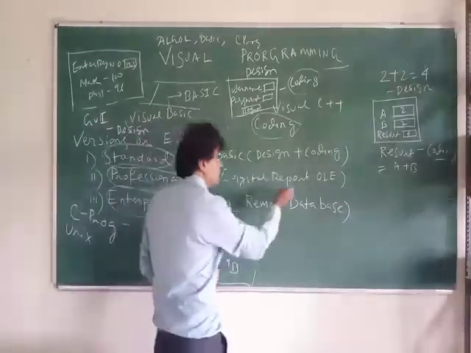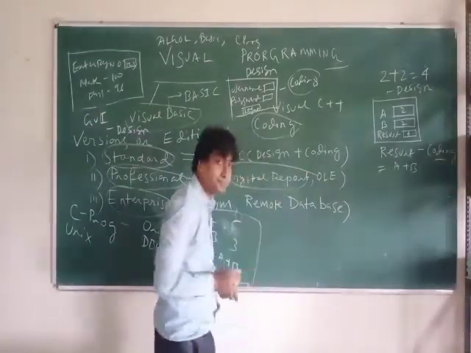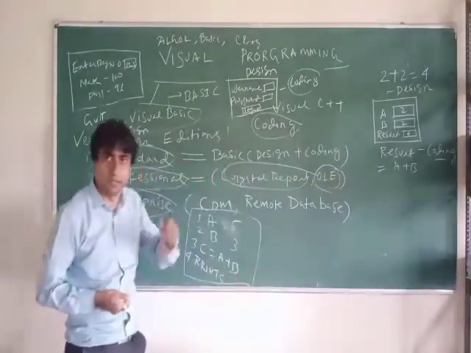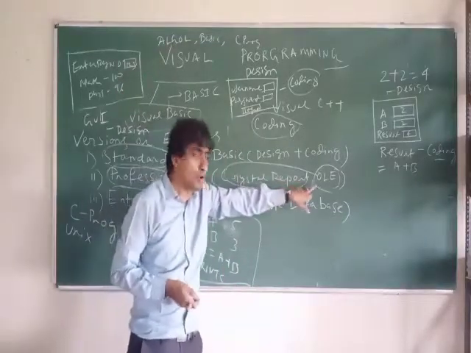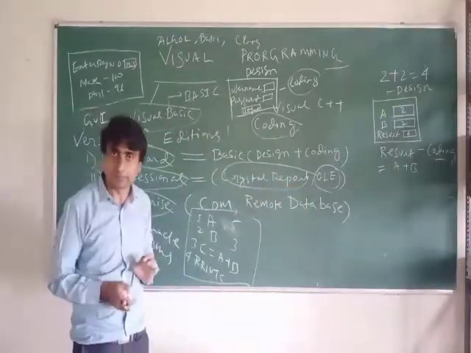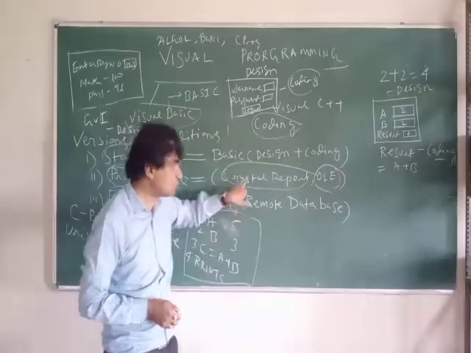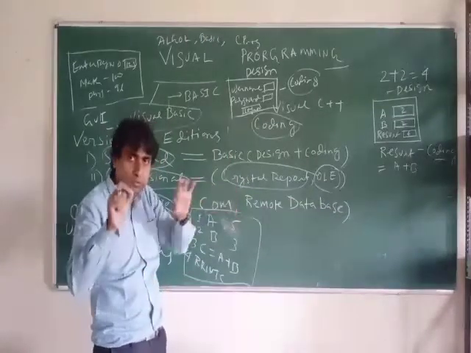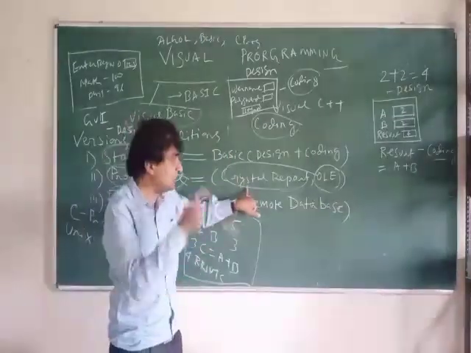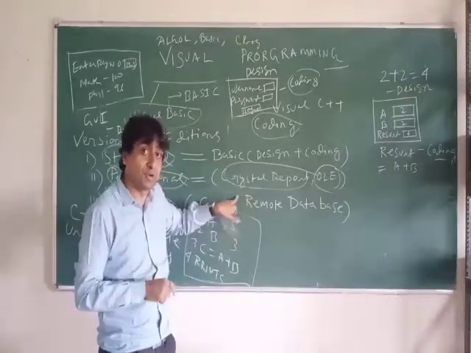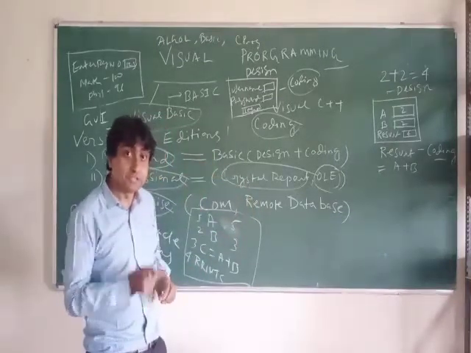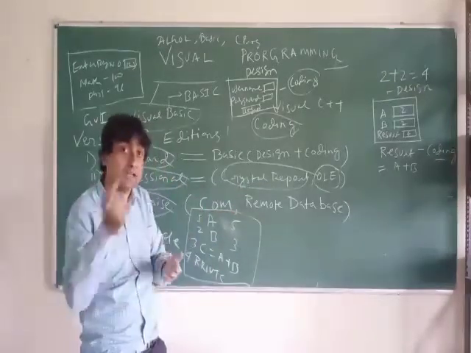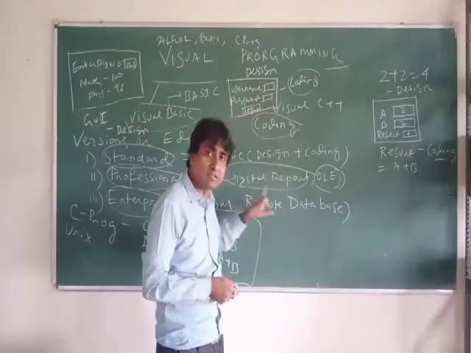So what is this extra feature? Crystal Report and OLE, object linking and embedding. These two I will explain later on. In the beginning I cannot explain this Crystal Report. You can assume this is some feature which is not there in the standard version, because once I go through some 3-4 topics, only after that can I explain it. What is that? Crystal Report.